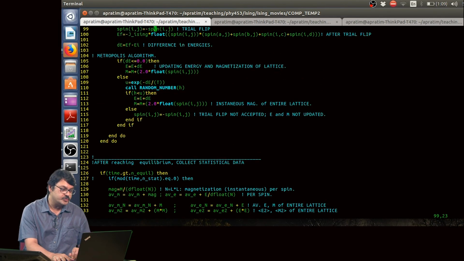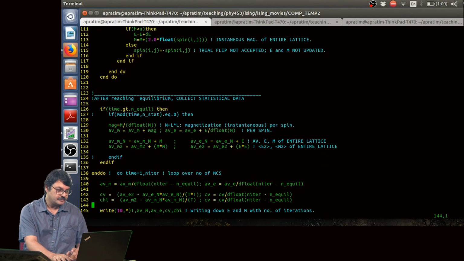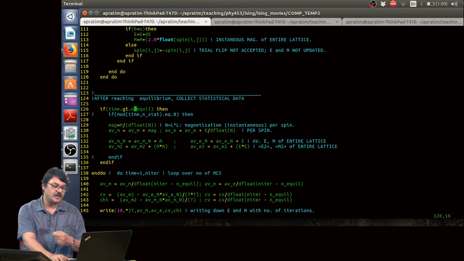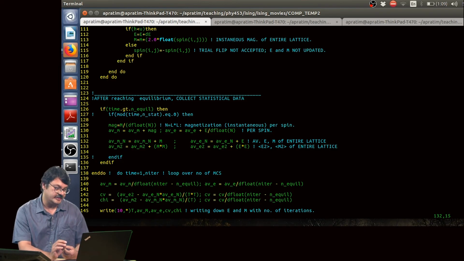So at a particular value of temperature, time goes from 1 to niter, but over n equal, the number of Monte Carlo steps, you allow the system to equilibrate at each temperature. Only when time is greater than n equal do you start collecting data to calculate thermodynamic averages.